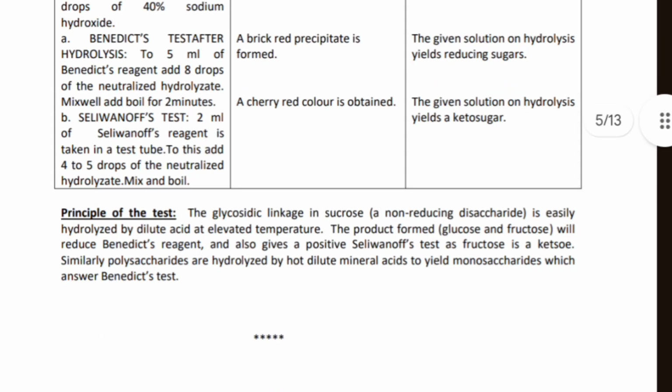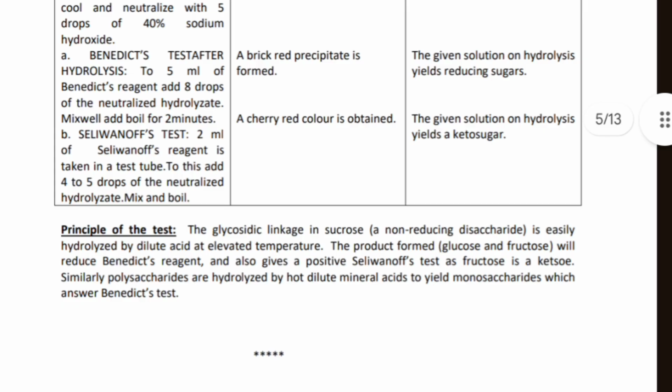And next, Seliwanoff's test: 2 ml of Seliwanoff's reagent, 4 to 5 drops of neutralized hydrolysate. It will give cherry red color, since after the breakdown of sucrose, it will have glucose and fructose. Fructose is a keto sugar. It will give cherry red color. Principle of the test: glycosidic linkage in sucrose, a non-reducing disaccharide, is easily hydrolyzed by dilute acid at elevated temperature. The products which are formed, that is glucose and fructose, will give